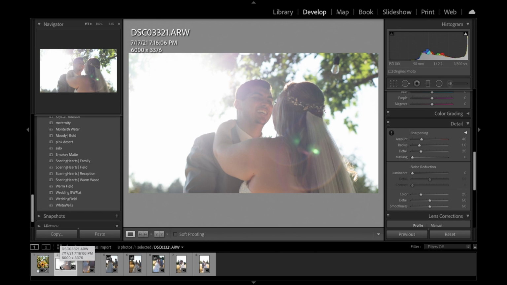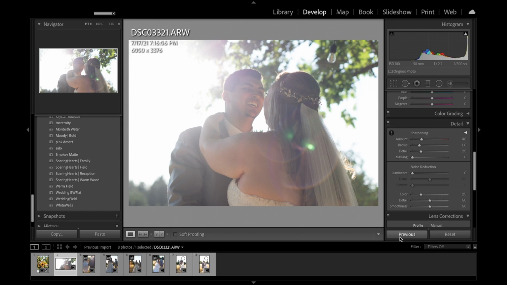Now, to really save time and make this a lot more efficient, I always like to hit previous, and this is literally going to use the last thing that I did in the last image. Sometimes it's a good foundation to start with, and also it's going to make all your photos look very similar in style and aesthetic, right? You don't want photos that look like one editing style and then you have different editing styles within the portfolio. It just looks really weird and tacky, and we just try to stick with one theme. So we're going to hit previous,